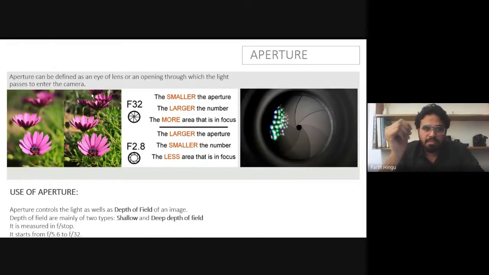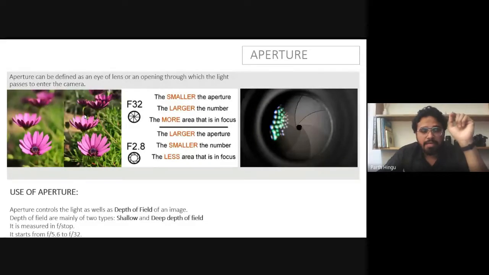When the f-number is higher, you can get more area in focus. You can see that at f32, the larger the number, the smaller the aperture hole is, and the more area that is in focus.